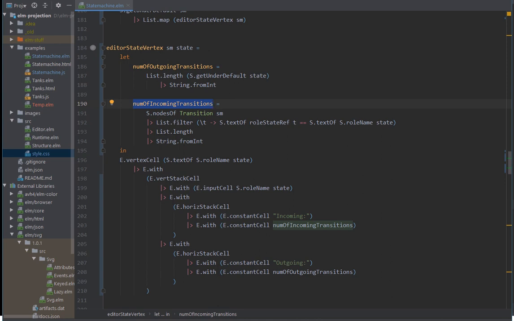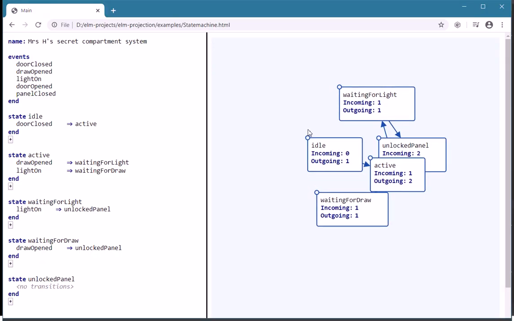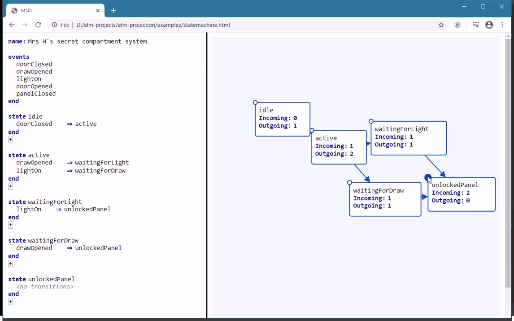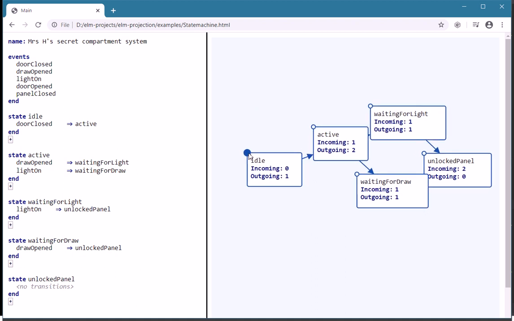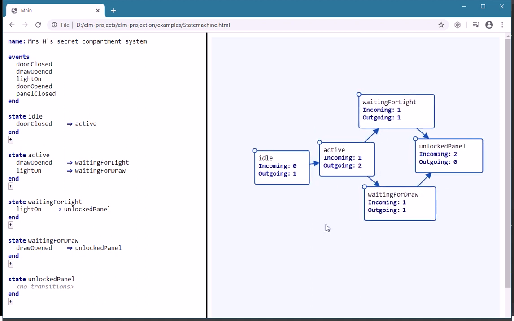Let's see if that's right. Yeah, looking good. Idle doesn't have any incoming transitions, whereas active has one, and unlock panel, for example, has two. Okay, so that looks nice, but as you can see, our graph doesn't look as nice anymore in terms of seeing the transitions. So another feature I added is